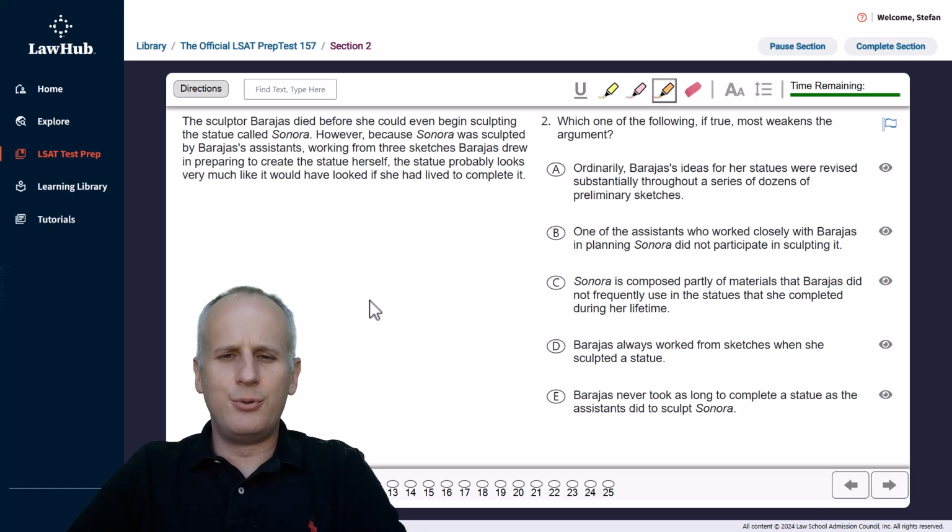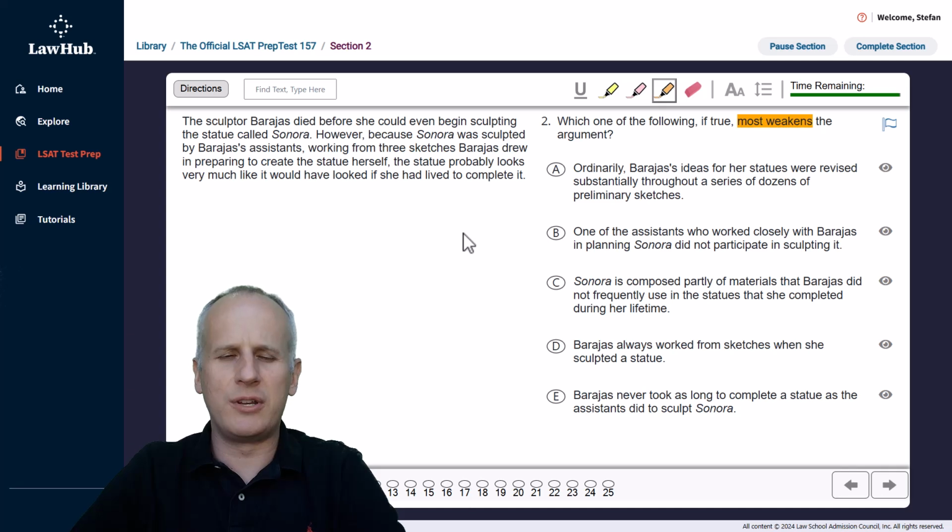This is question 2 of the LSAT PrepTest 157 second section, the first logical reasoning section. We've got a highlight tool ready to go, and we read the question stem first. Which one of the following, if true, most weakens the argument? So I'm just going to highlight weakens as soon as I find it,